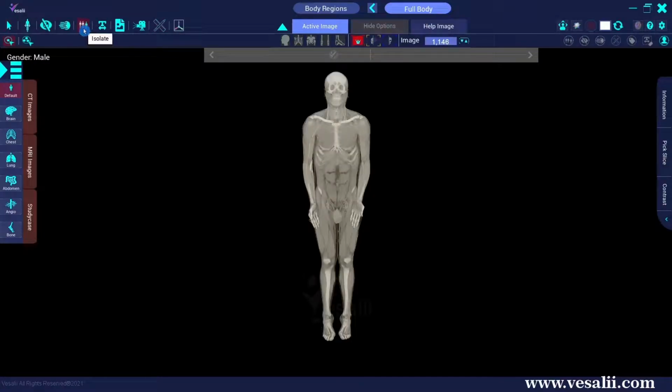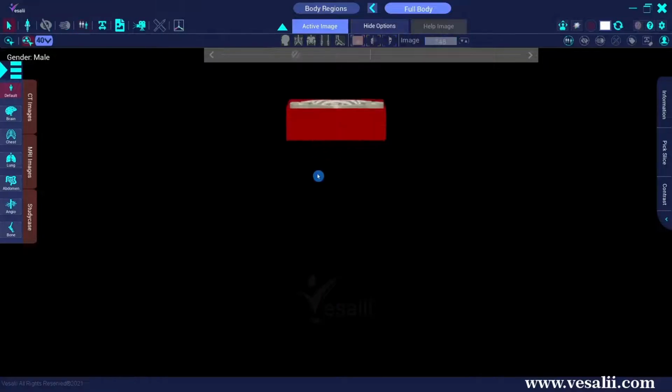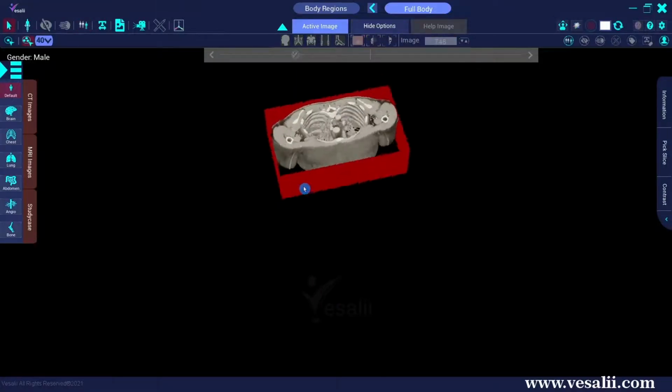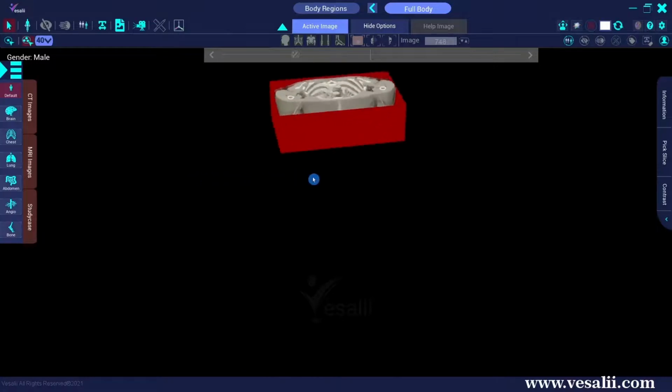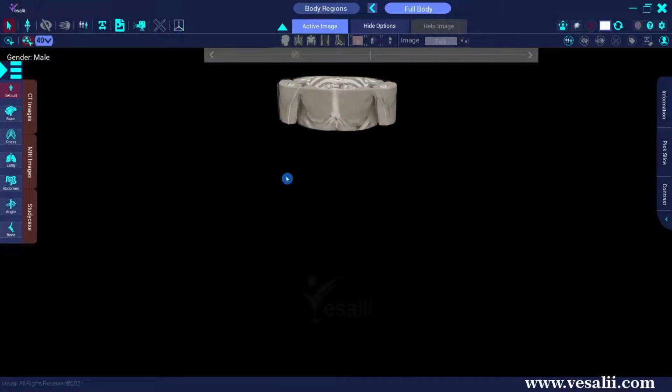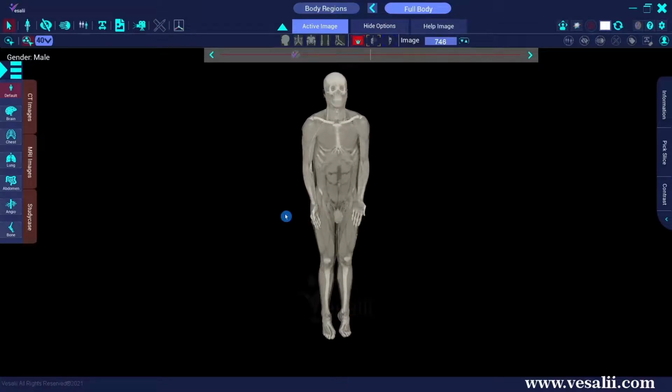To isolate a group of images, we activate the Group button and click on the group we want to isolate. Select a number of radiology images from a drop-down list to determine the size of the group to be isolated. As an example, we will isolate 40 images in the middle of the chest region. To undo the Isolate action, click on the Exit Isolate button from the Remove Options toolbar. The Isolate tool can also be accessed using the right-click shortcut.